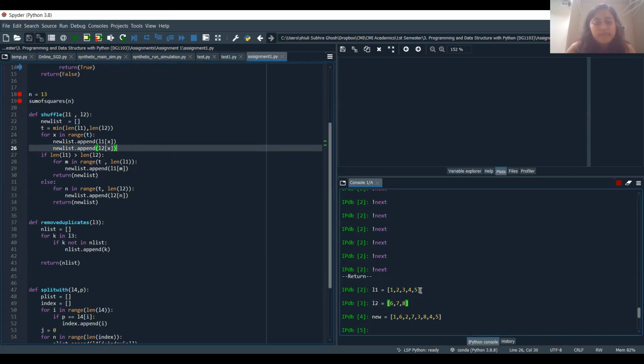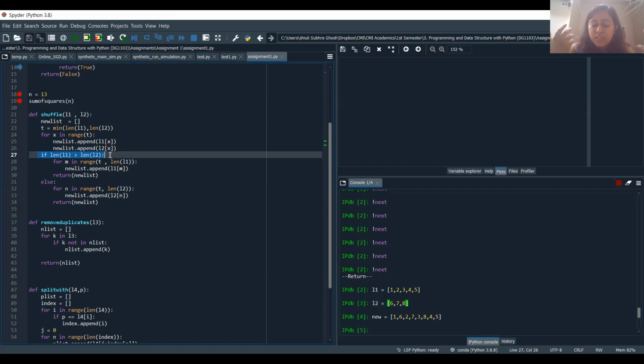So what you have to do here, now you have to check whether the length of any list is greater than the other list or not. And Python is similar to English itself.